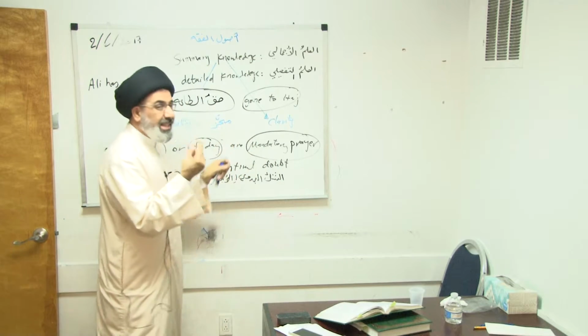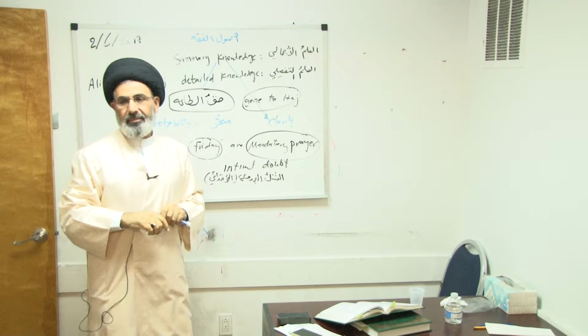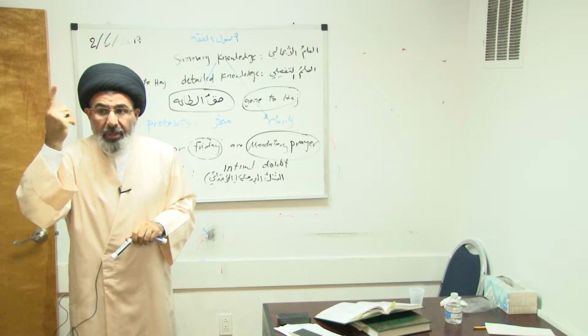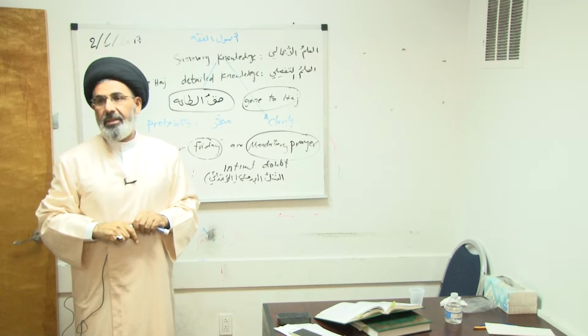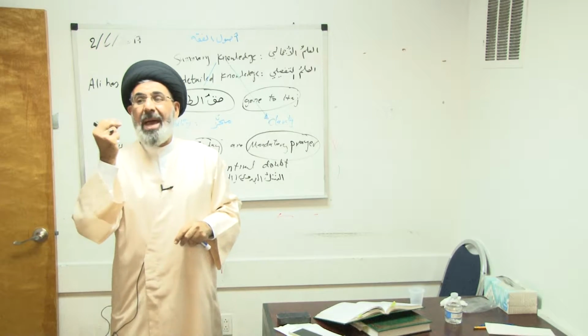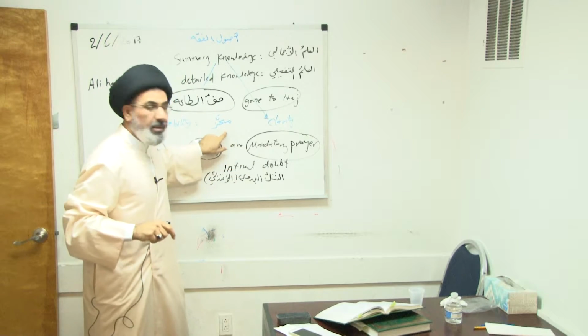Because munajjaz carries some level of inkishaf. Yes, you have to do both. It carries some probability, even if it is not certainty, less than certainty. But that is some level of inkishaf. So once there is some element of inkishaf and revelation in it, it becomes what? Binding.